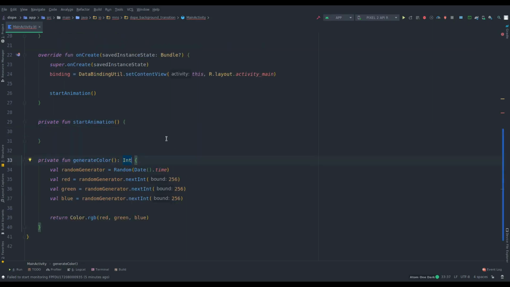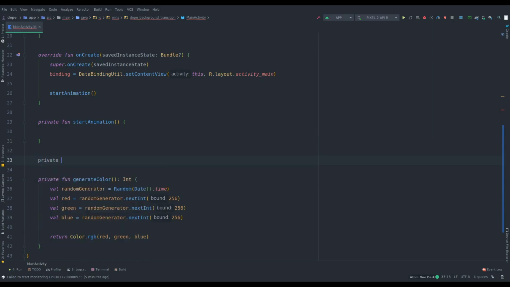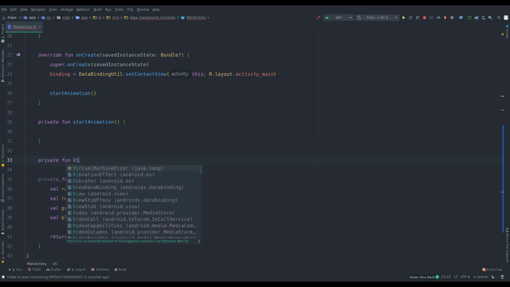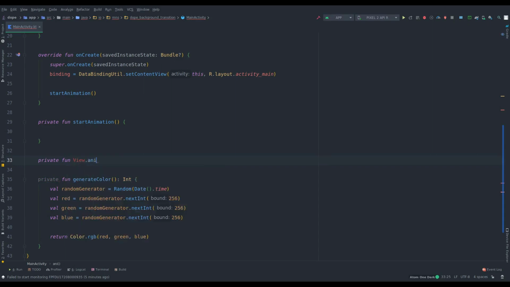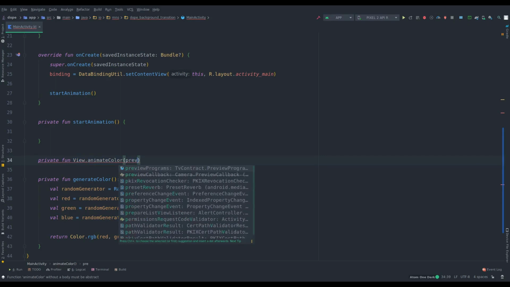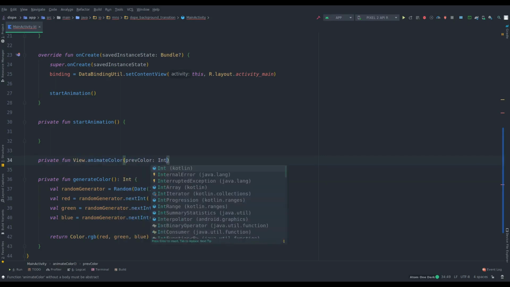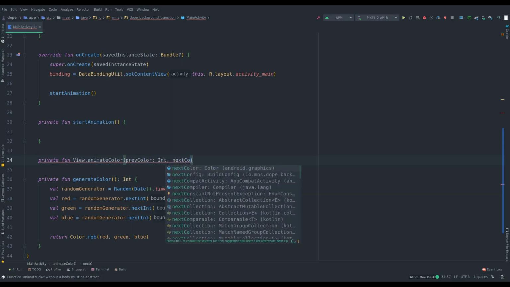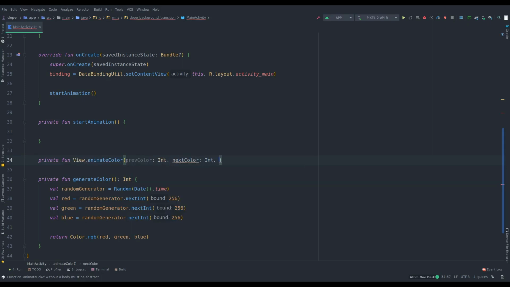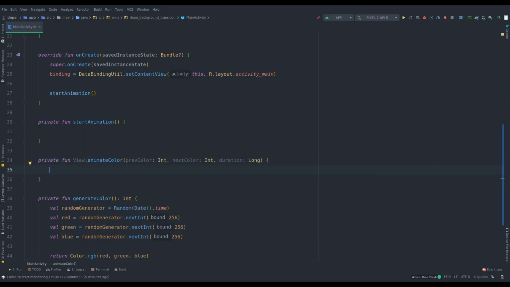next we should create an extension function, animate color, which is going to take color, which is an integer, next color, which is also going to be an integer, and duration, which is long. And